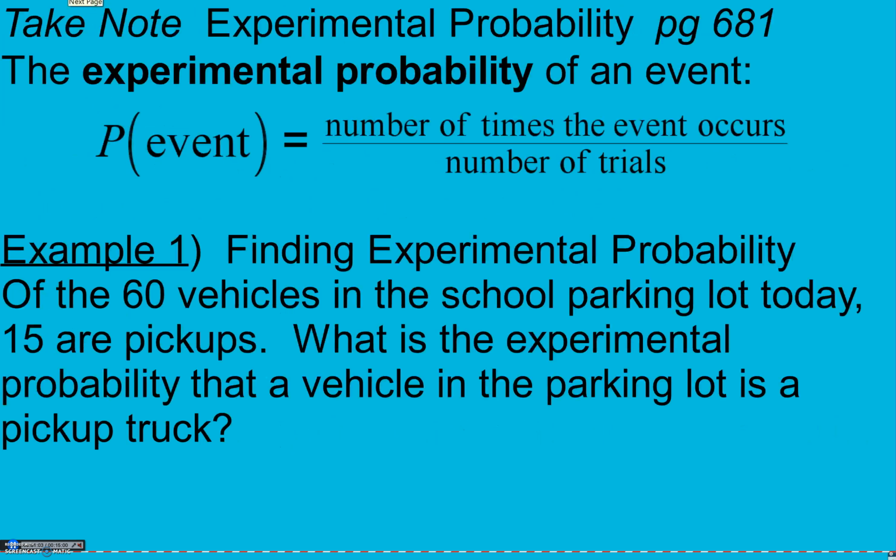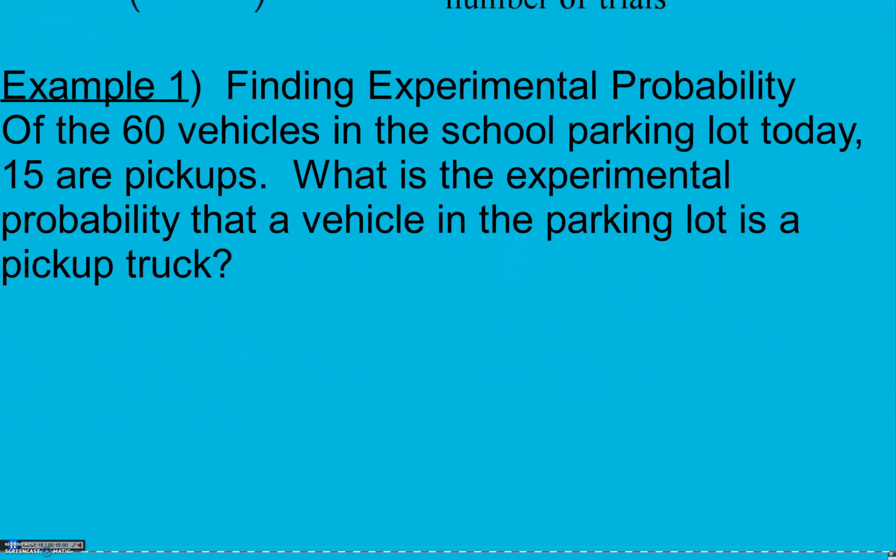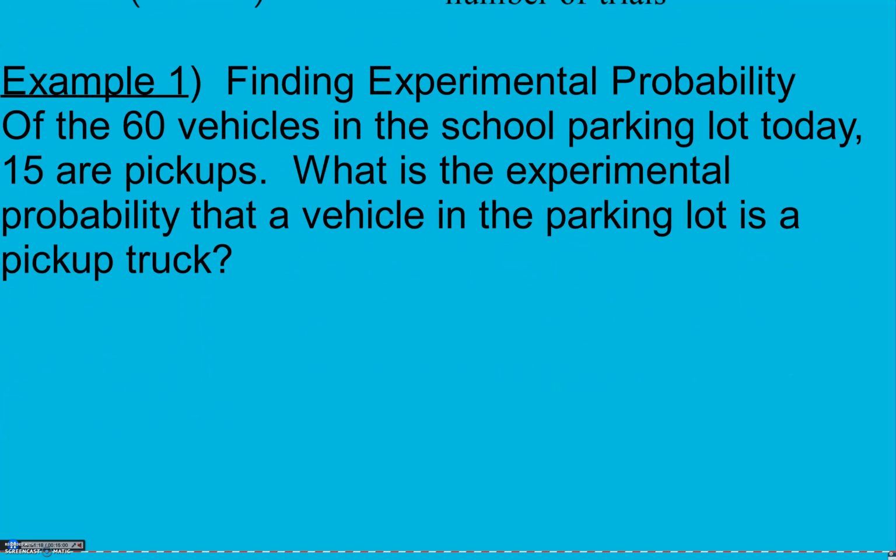Take note on page 681, talks about experimental probability. The experimental probability of an event is the number of times the event occurs divided by the number of trials. So of the 60 vehicles in the school parking lot today, 15 are pickups. What is the experimental probability that a vehicle in the parking lot is a pickup truck? So our probability